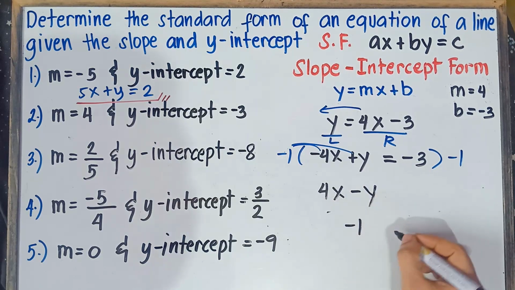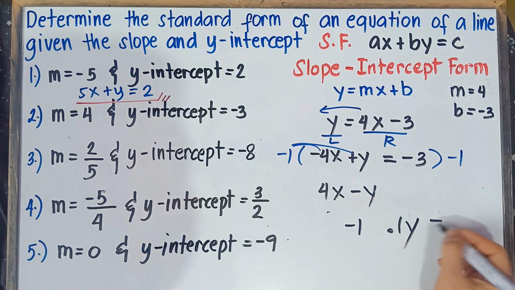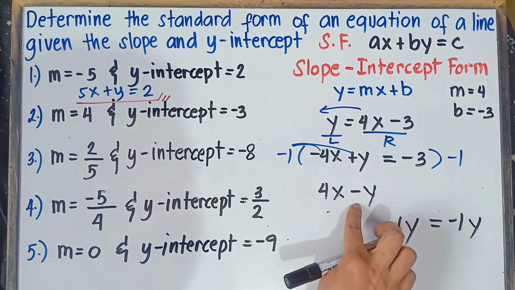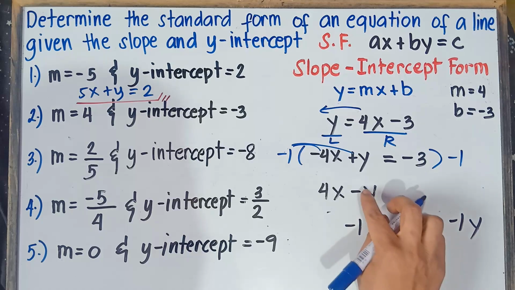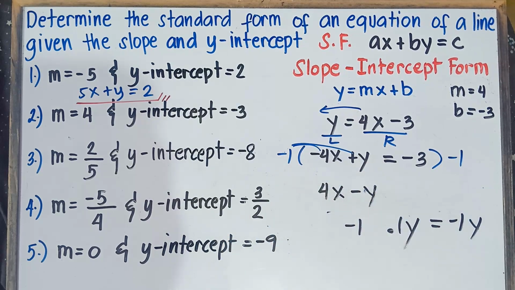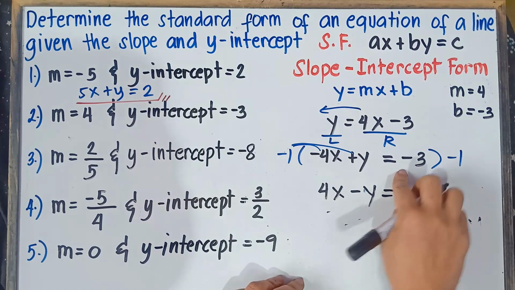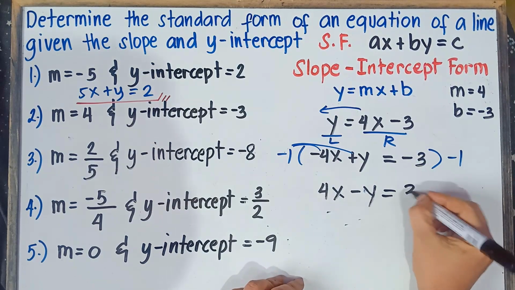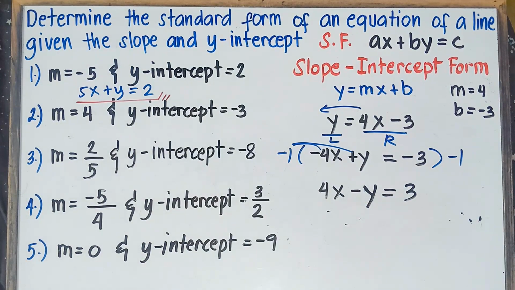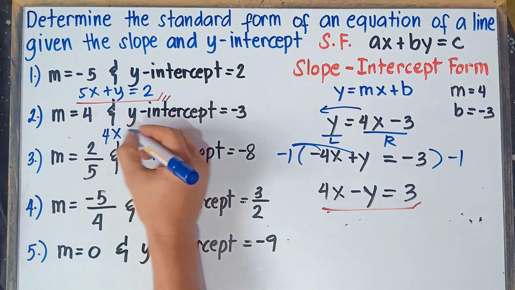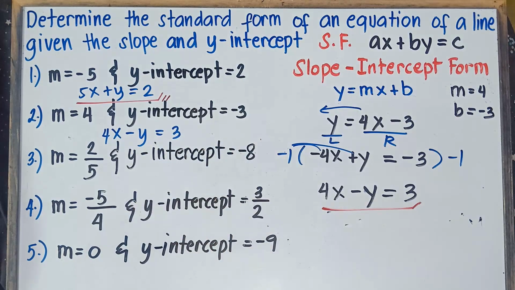Once again, guys, negative 1 times y. Understood that there's a 1 here. Negative 1 times positive 1 would be negative 1. Simply copy y. So that's why you have negative y; negative 1y is just the same as negative y. Okay, so negative 1 times y is negative y. And then this one on the right, negative 3 times negative 1, negative times negative is positive. 3 times 1 is 3. That's it, class. That's the answer with regards to example number 2. Our answer is 4x minus y equals 3. That's it, class. All set.